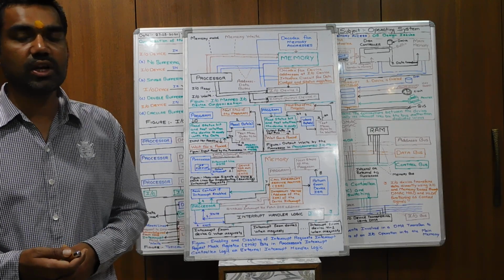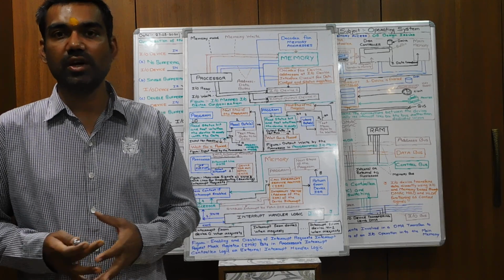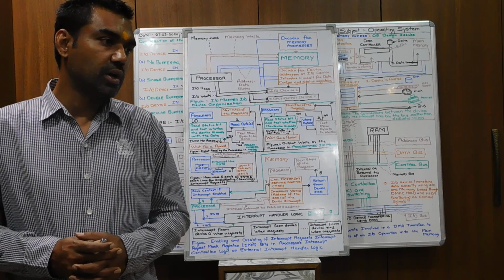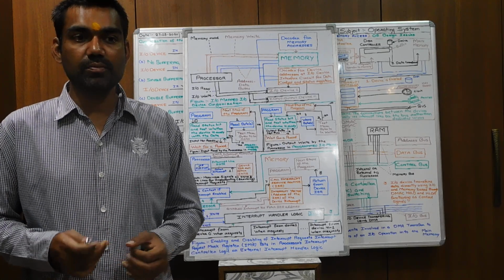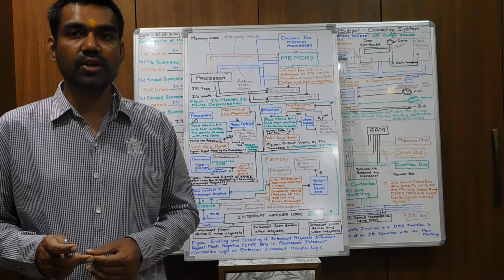They could be utilized to specify the status of the IO device, whether the IO device is ready or not. So here in busy waiting, what happens is the program goes into the busy